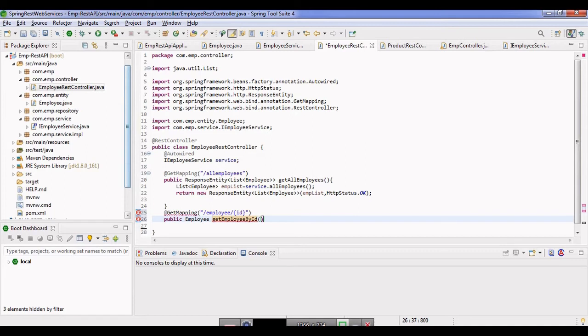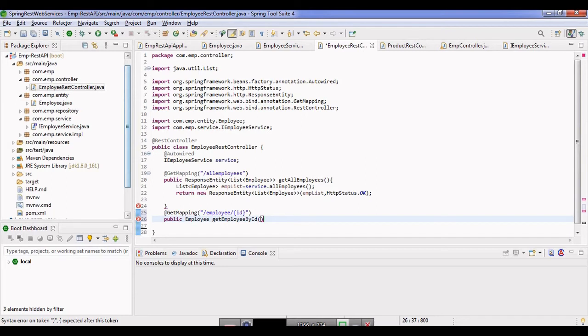So this is some appropriate name I have given, and in this I am sending my id as a path variable for which I want to get the employee. Now this id which I'm passing as a path variable, I want to bind with my method parameter.